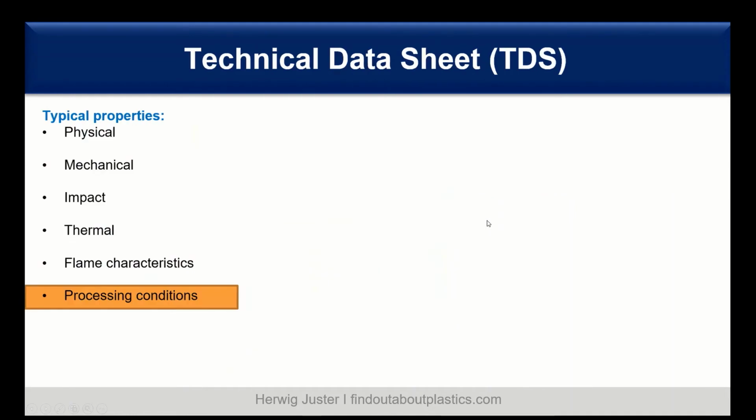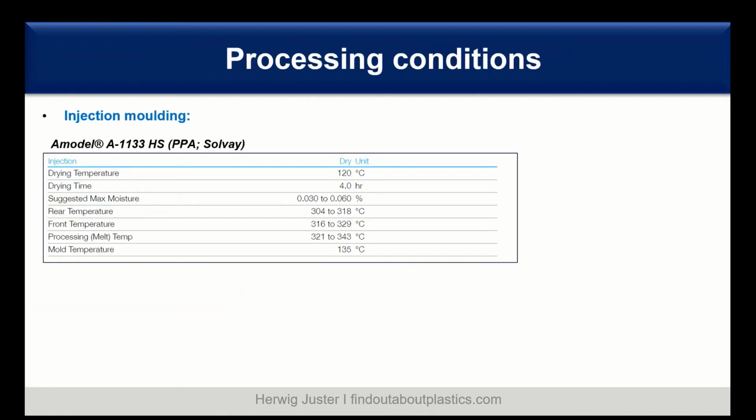Okay, these were the flame characteristics. Now we continue with the processing conditions. Usually processing conditions are meant for injection molding. And here again the example of our model A1133. So you start chronologically with the drying process. You need a drying temperature and the drying time. Here we have 120 degrees C in 4 hours, and also a suggestion for the maximum moisture in